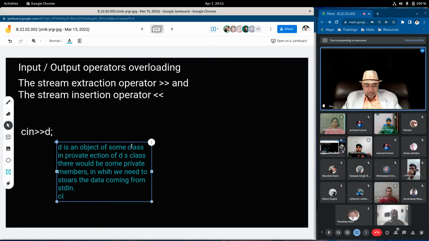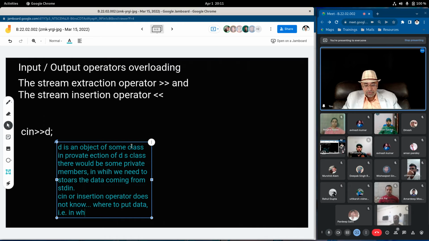Now cin or the extraction operator does not know where to put data, that is, in which members of private section or public section.